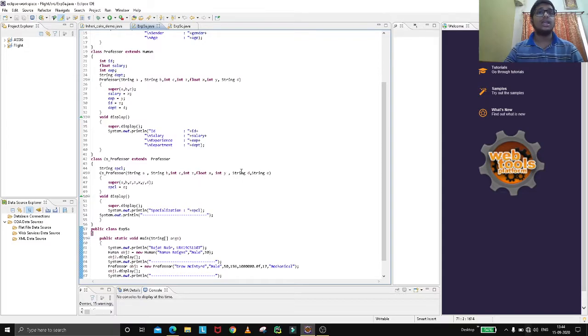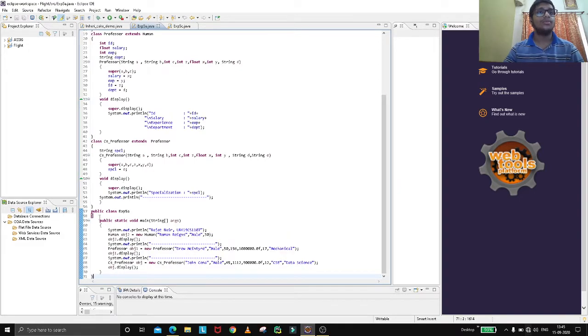So the parameters up to string d are all from the above classes, so we have to inherit them. So we have created super(a, b, c, z, x, y, d), and we also have to give another variable, that is SPCL equal to e. Now we have to display it. So we have created super.display. This display will go to professor, and there also super.display is there, so it will go to the human class. So all three displays will be coming.